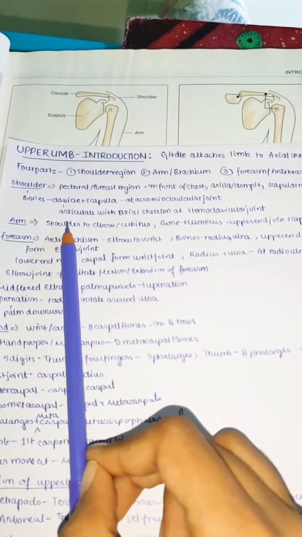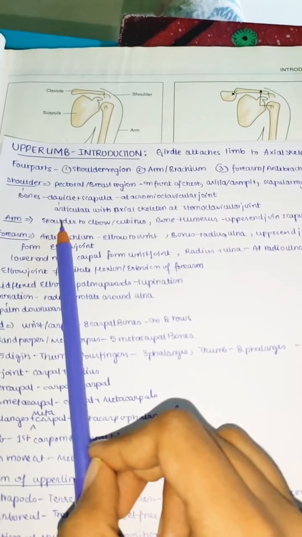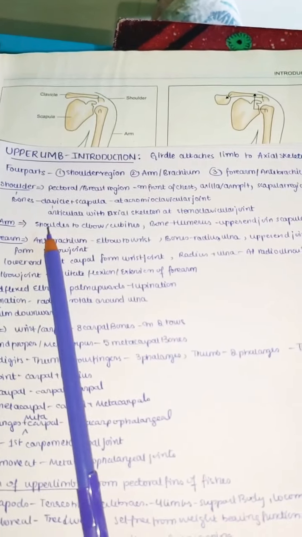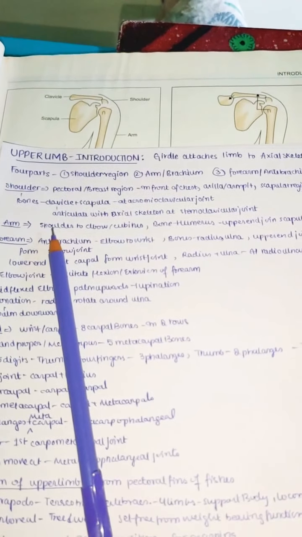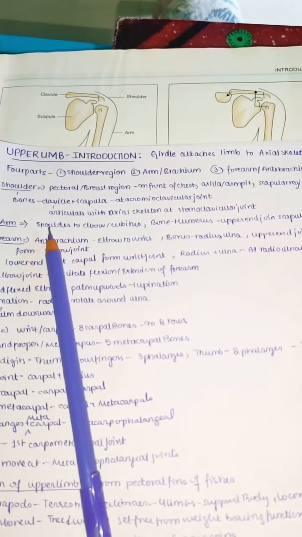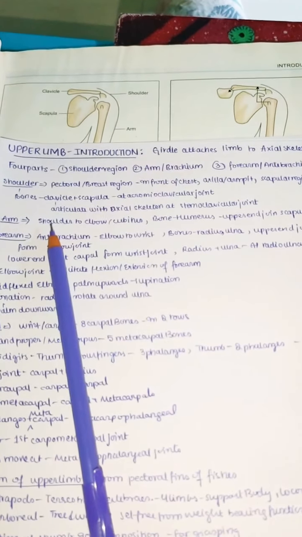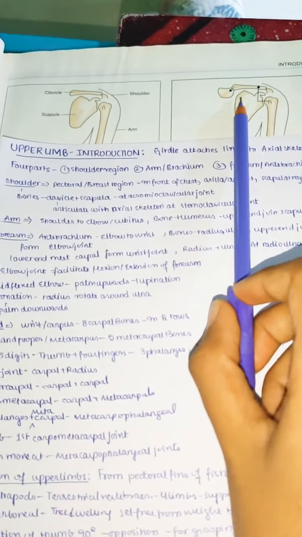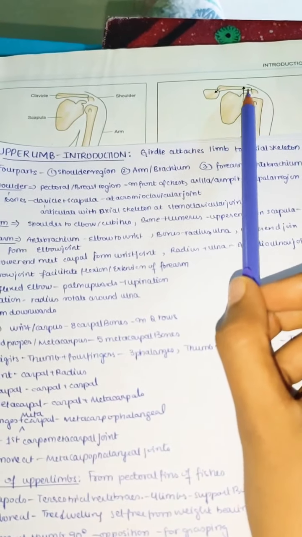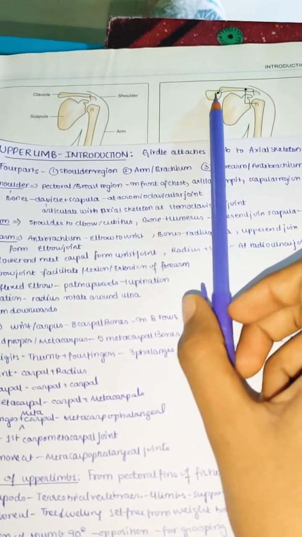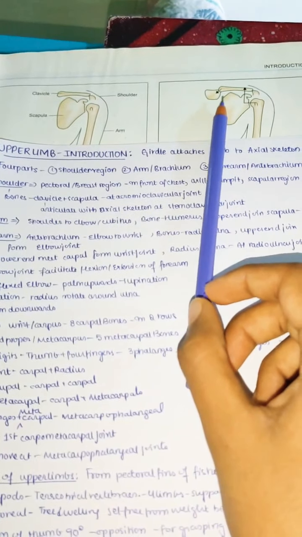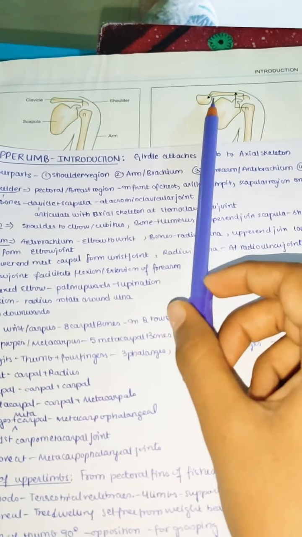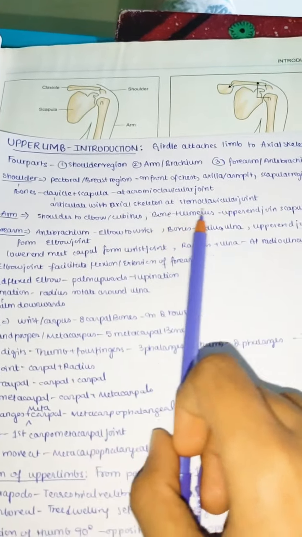So the clavicle mainly articulates with axial skeleton at sternoclavicular joint. So clavicle also articulates with the axial skeleton, that is to the sternum, mainly by means of sternoclavicular joint. So this one we already discussed in thorax. You can check it, or I will show it here. So you can see here the clavicle. Its medial end is getting connected to the sternum, not body, manubrium of the sternum. So it's forming a sternoclavicular joint.